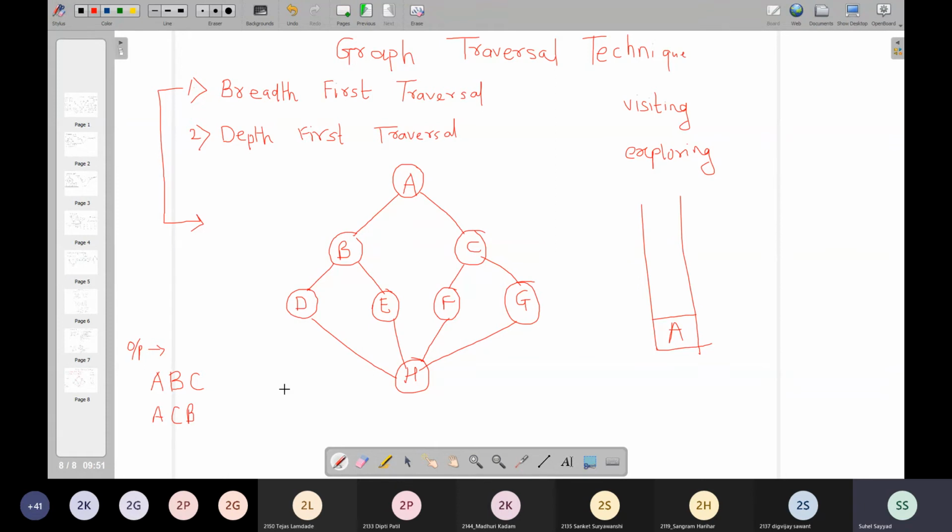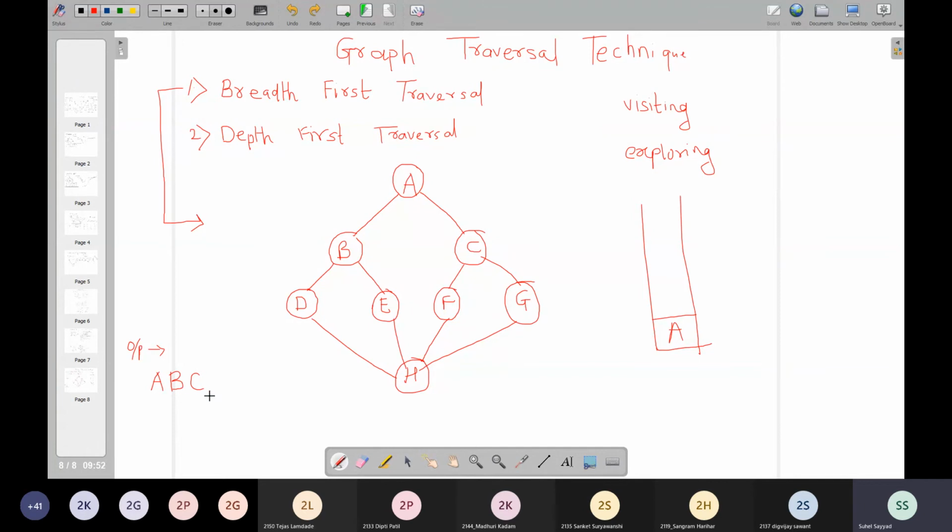See my dear students, ACB is also a correct answer. Why? Because while storing the data in the adjacency list, we had the liberty to enter the adjacent vertices of A in any possible sequence. So whether I write B or C first is not important for me. One possible combination I'm considering initially: suppose I have stored it in the form of B and C. So B and C are visited.